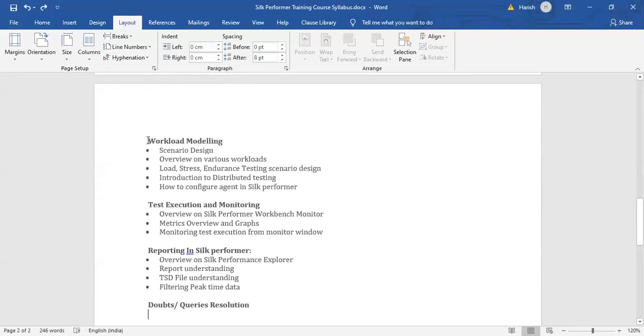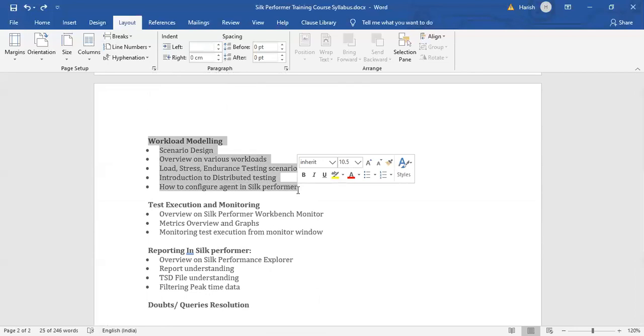Then we'll move on to workload modeling. In workload modeling, basically I'll cover what workload modeling is, how the scenario is designed in Silk, and an overview of various workload models offered by Silk. Generally, in performance testing, we carry out load, stress, and endurance testing.